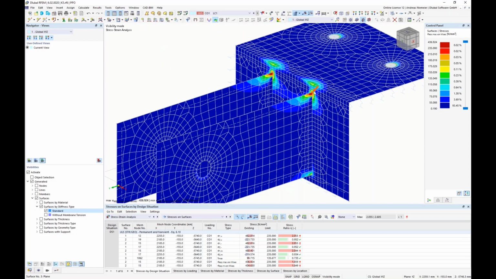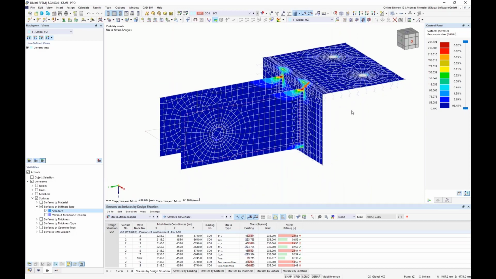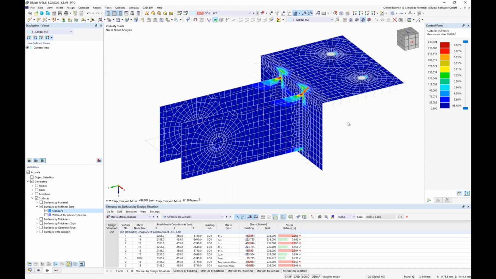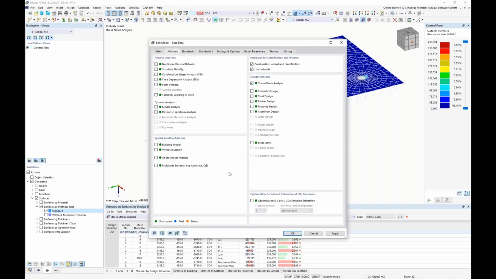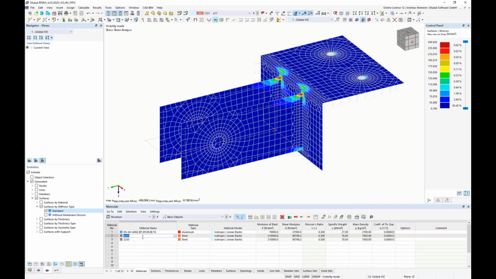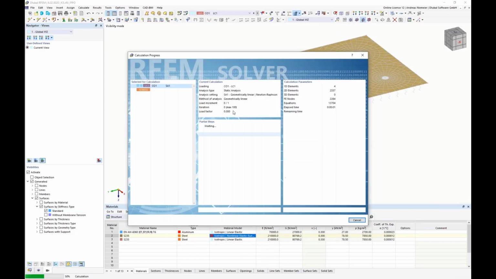How can we remove it? Of course, it's a singularity, but in this case, for example, you can use a nonlinear material to use a yielding effect. For this, we are activating nonlinear material behavior here and activating it for this material, nonlinear elastic surface solids. And if we rerun the analysis now, you will get